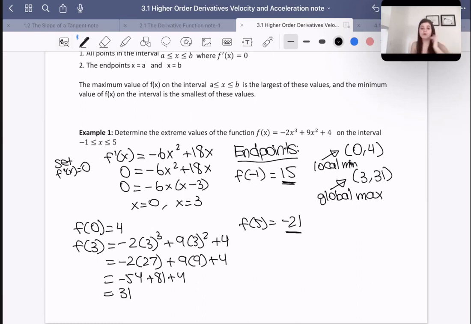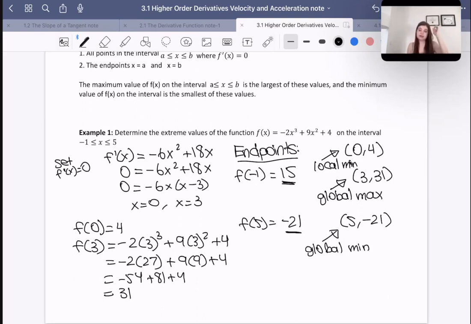And how do we know that? Well, because our global minimum, we actually got something less than 4, which was negative 21, which is certainly less than 4. So therefore, this is our global minimum. So basically,